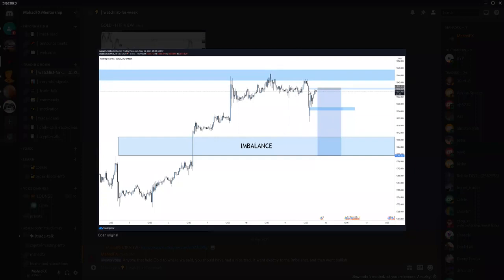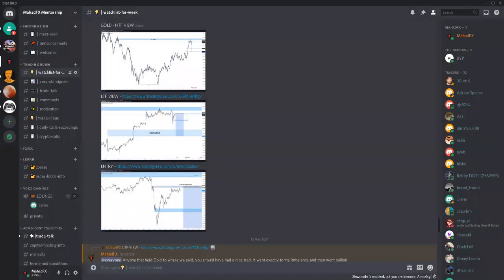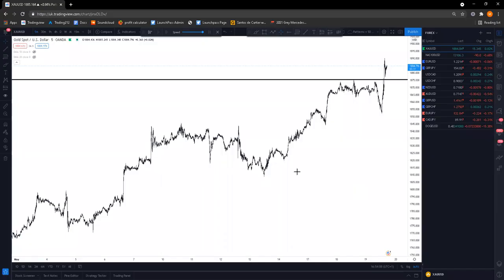So it started going downwards. This was a profitable trade for me. It took out equal highs first, so this entry wasn't necessarily correct. It took out equal highs, came to an order block up here, then ended up dropping, came into our imbalance right here. What we saw the market do is, if I now share my screen on my chart, right,